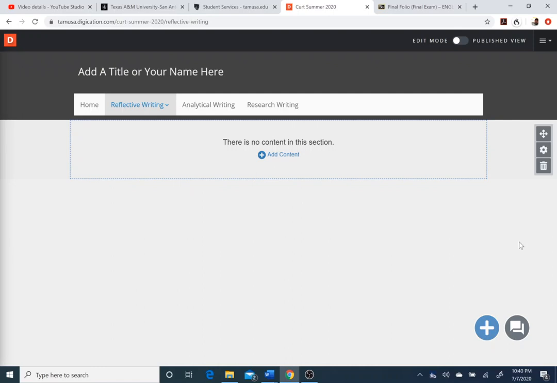There's a function for essentially a gallery, so you can basically have a slideshow. There's all kinds of different functions, but again, I really want to stress that you make use of that